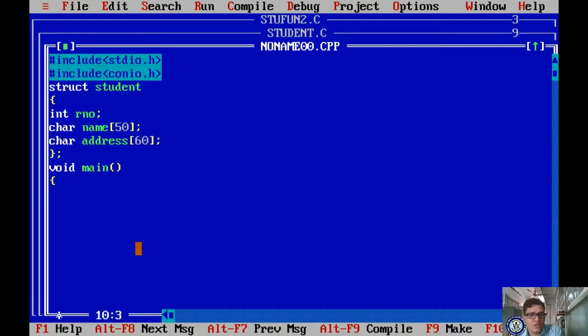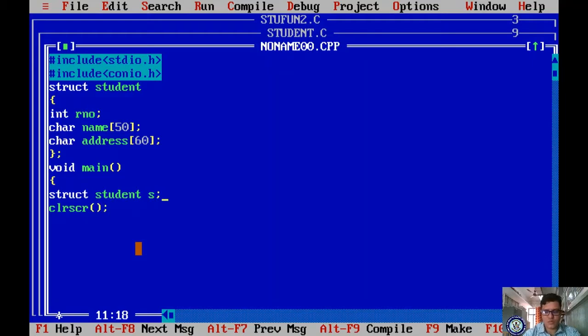60, 50, 110, 110 plus 2, 112, right? It has to show 112 bytes. Let us take the structure variable, struct student. Yes, clrscr.